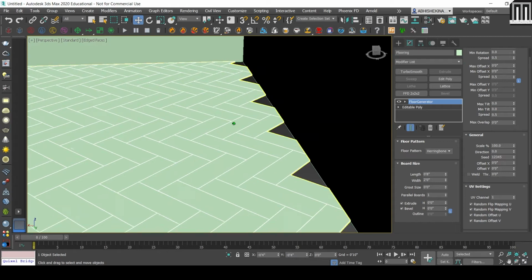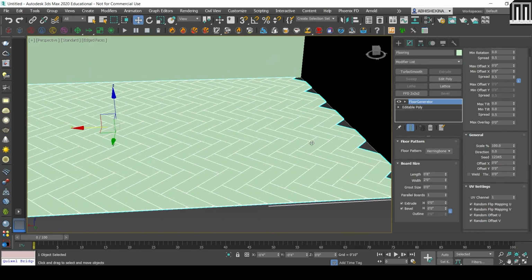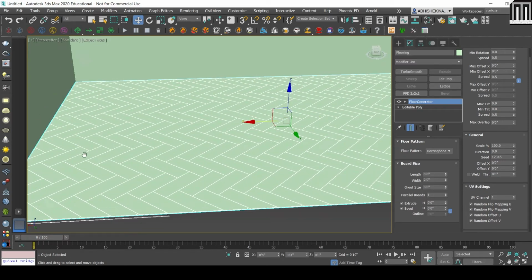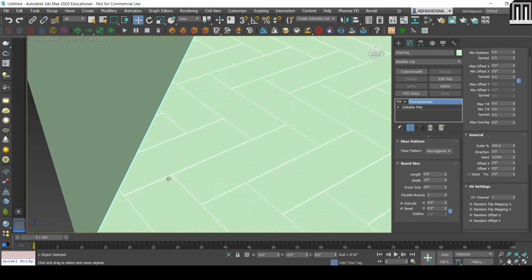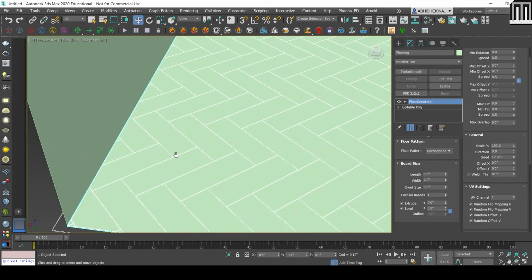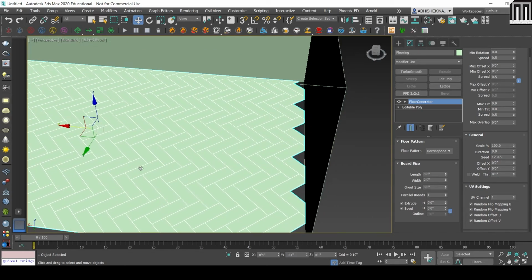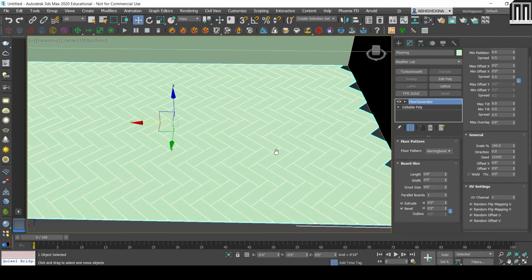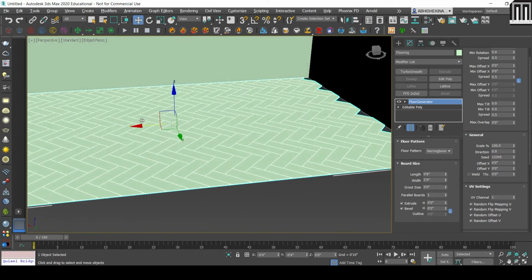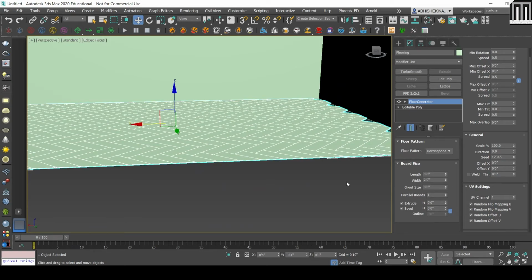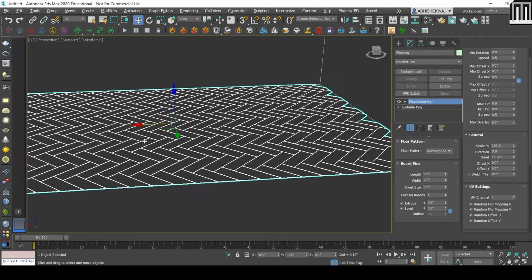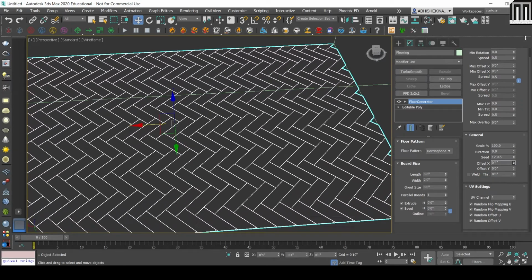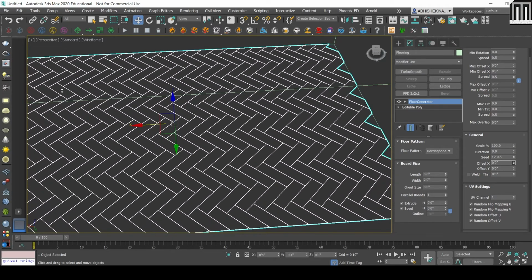Okay, so this is the gap actually that we are getting in this. Okay, so to increase the offset, I'll just check what we can do with this gap. I think offset is the best option to bring down this gap.